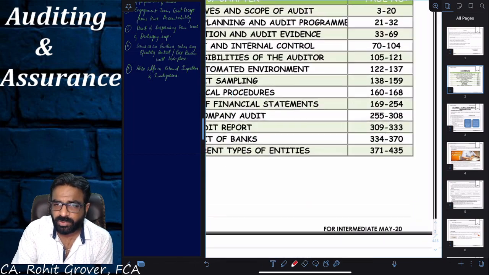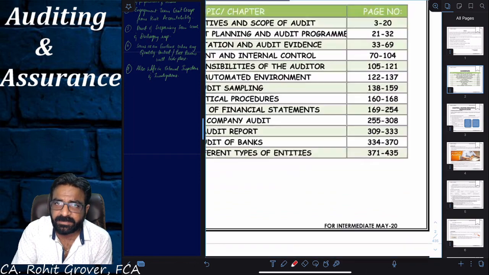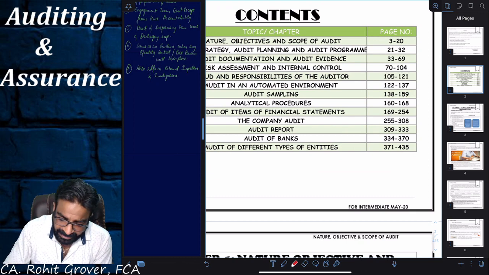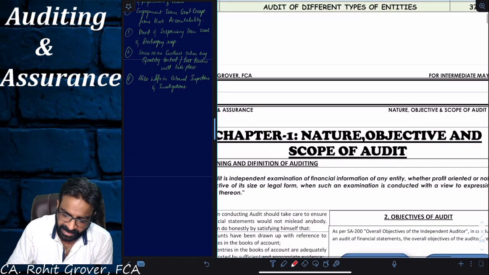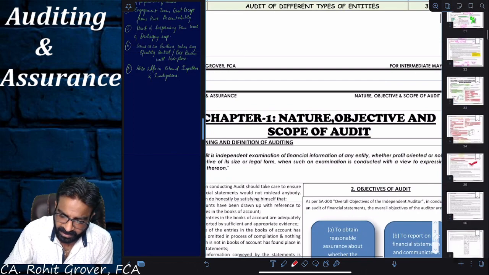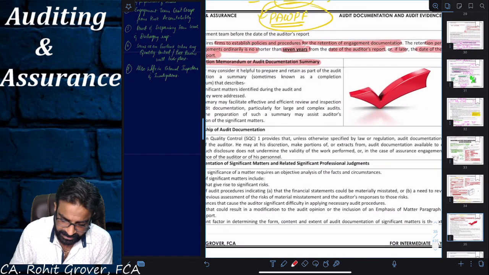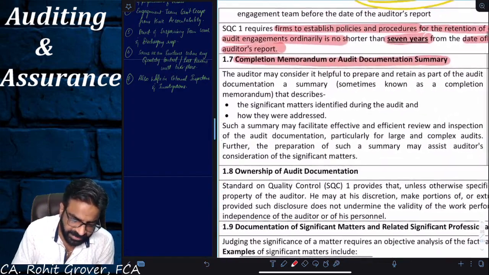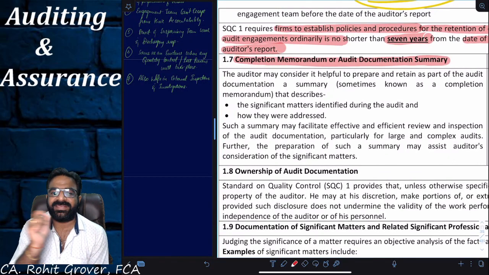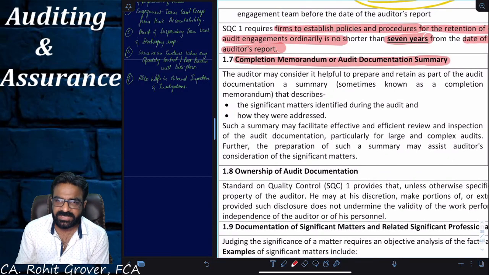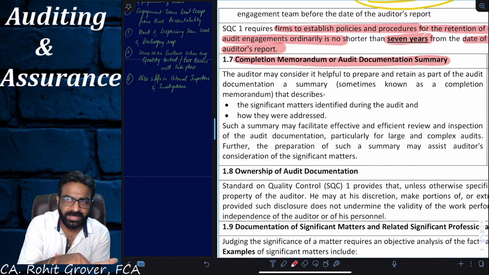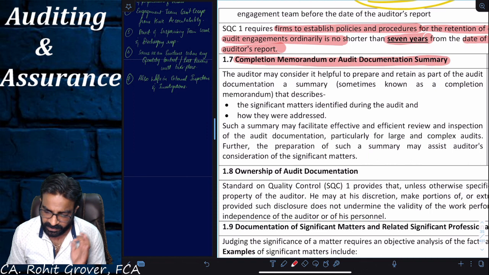Now, if I directly want to go to the company audit, can I go to page number 255 directly? Yes. So I will come to know that company audit starts from page number 255. In the same manner, don't you think your file also deserves to be maintained that way? So that's what they are saying: when you are preparing the audit documentation files, do some numbering, do some indexation, and make one summary of all the things included in that file, so that when you see the opening page only, you will come to know whether what I am looking for is inside this file or not. That is what is written in this paragraph.